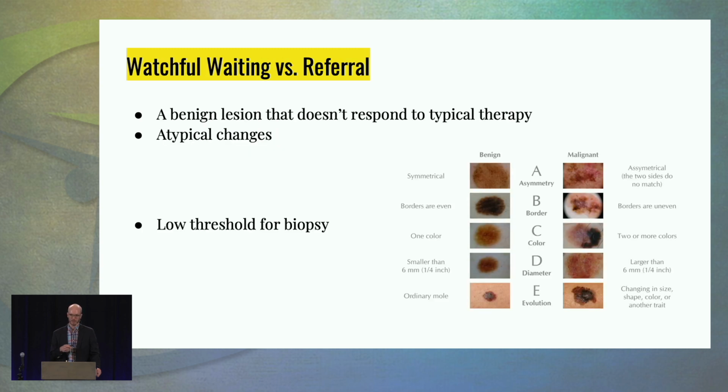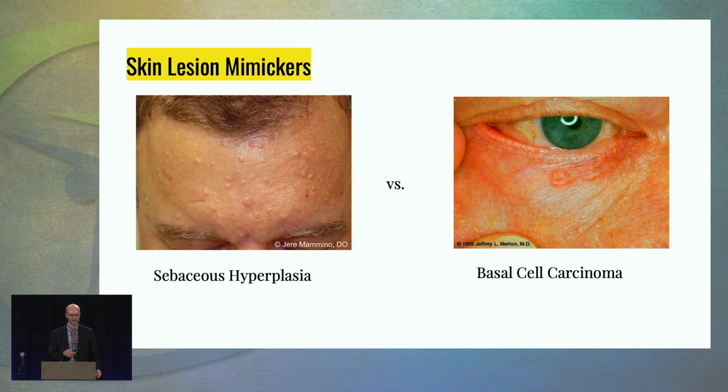I always go over with patients, especially if there's a lesion I'm not quite sure about, it doesn't have a lot of red flags, but I'm like, let's just watch this for a few months. Always go over the ABCDs with them: asymmetry, border irregularity, color, diameter, and then evolution. Is it changing over time? And really just have a low threshold for biopsy. If you're not sure, a biopsy for most of these things is relatively simple, and I don't hesitate to do that if I'm not sure.